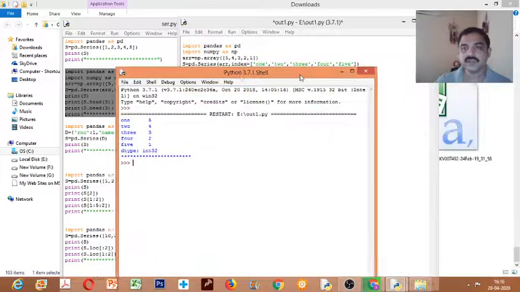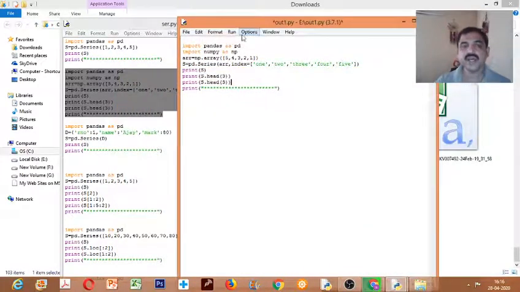Okay, so that is the head and tail function. We'll use head and tail. What happens? Let us see. Okay, so if you execute this,